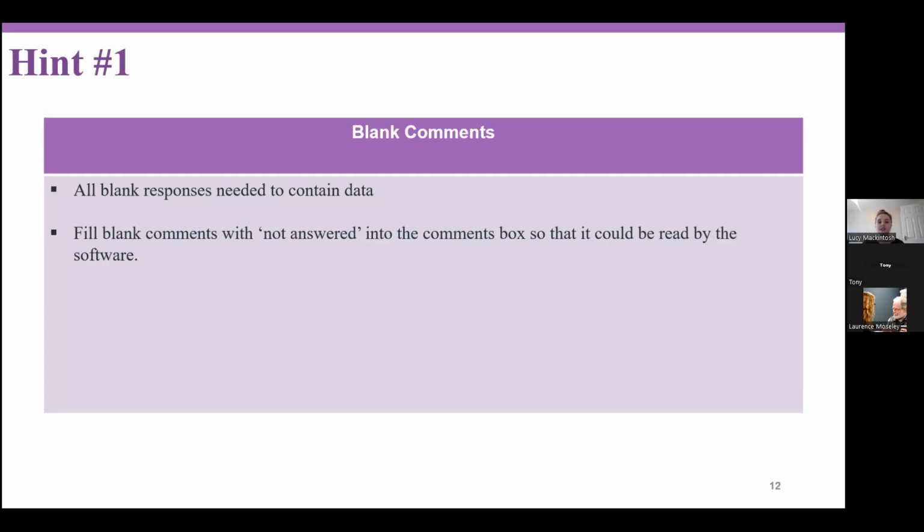So if you do have a data set and you want to, I don't know, compare variable information such as gender to those who left a comment and who didn't for your entire data set, I would input that as "not answered". You can then text retrieval "not answered", get every single blank response that you've had to input and code it all in one hit as "not answered". So very quickly, you've coded for the blank responses, and then they're included in your data set moving forward.